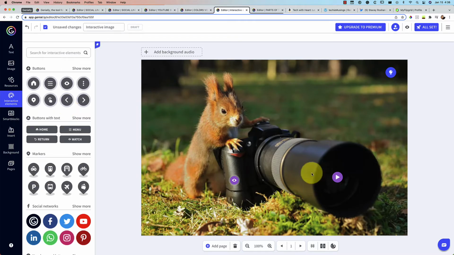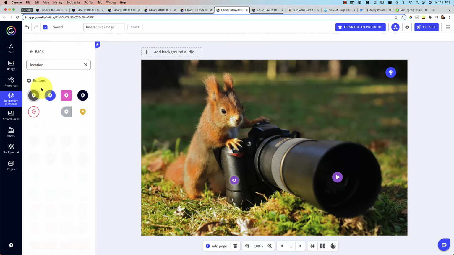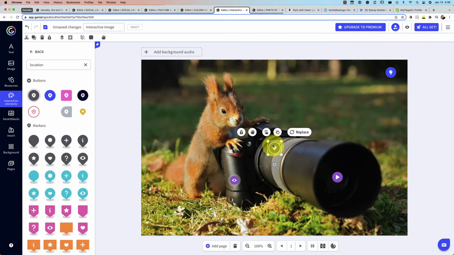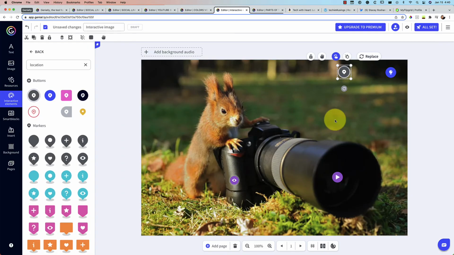You could also create this as an activity where you wanted students to maybe label different parts. So maybe you want them to point to the squirrel's ear. I don't know. Let's click on the button and let's just do a location type of a pin. All right, let's click on that. And so maybe you would make this into interactive type, create a tooltip and say label the ear, press save, and then you want to turn on dragging.